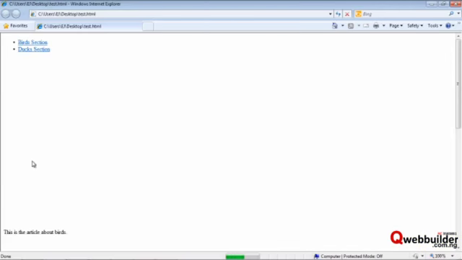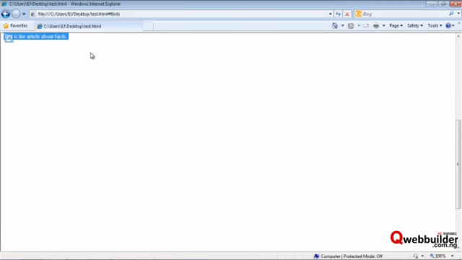And let's open this up. And we click on the birds, and you will see that that jumps to this article. And if we go back up here and hit the ducks, it jumps to ducks. So, okay,